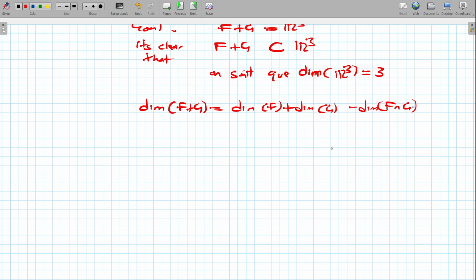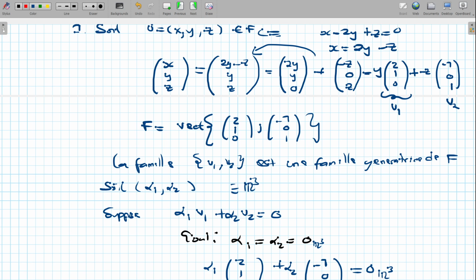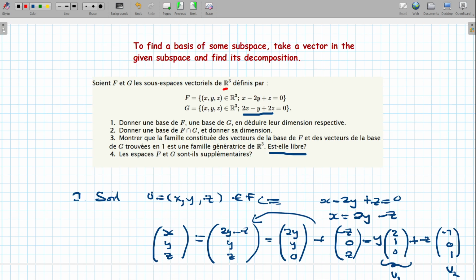Okay, and plug in the dimension. But first of all, before we go to the second exercise, let's look at what we have so far and what we've said. The question is saying, let's read the question one more time. The question is saying, montrez que la famille constituée des vecteurs de la base de F et des vecteurs de la base de G trouvés en 1 est une famille